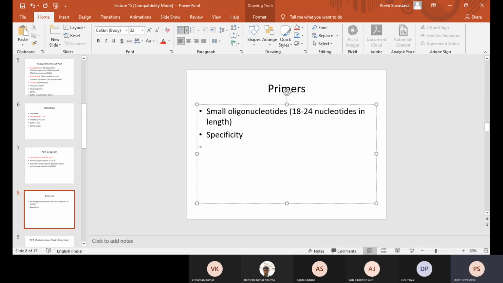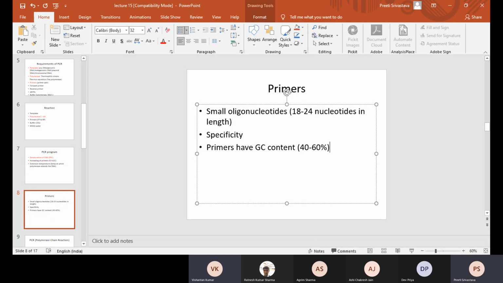Now these primers have to have a GC content. A good primer should have a GC content in the range of 40 to 60%. That means if the GC content is too low, class, then the primer will not be good, and if the GC content is too high, then also the primer will not be good. Why? Ma'am, but actually shouldn't it depend upon what sort of DNA you want to bind it to?